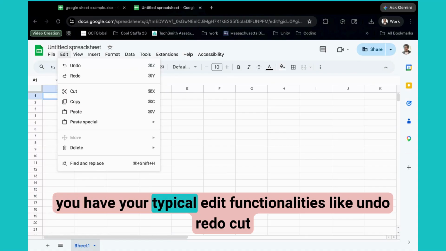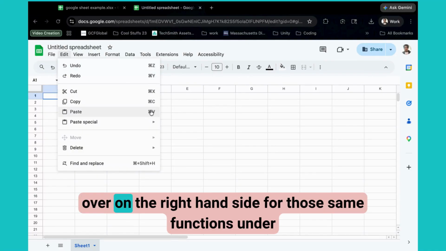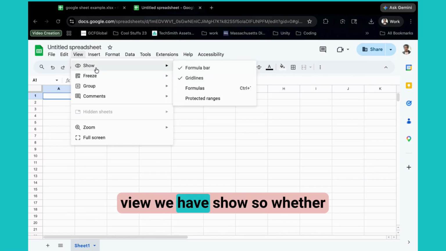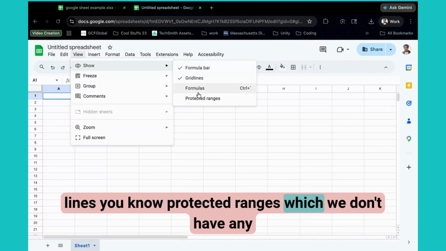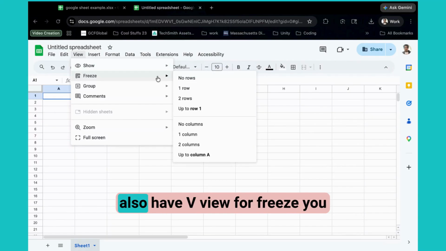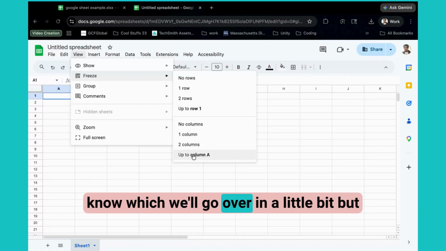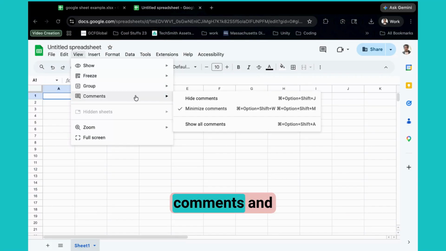Edit, you have your typical edit functionalities like undo, redo, cut, copy, paste, as well as the little keyboard shortcuts over on the right-hand side for those same functions. Under view, we have show, so whether we want the formula bar at the top to show, grid lines, protected ranges, which we don't have any at the moment, it's something you can turn on. We also have view for freeze, which we'll go over in a little bit, but this is how we would get there. Group, comments,